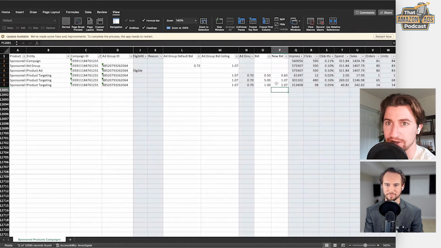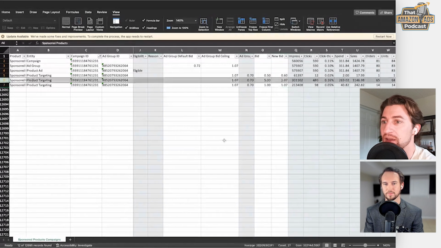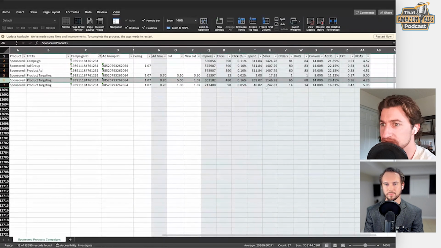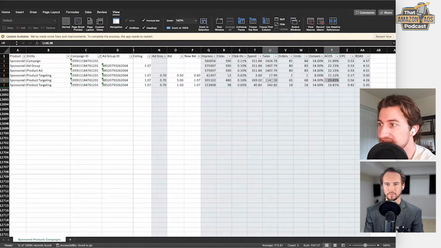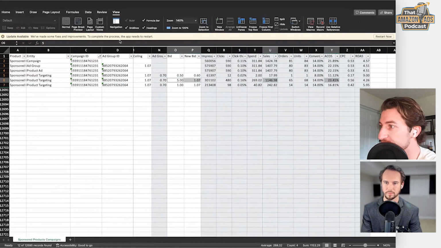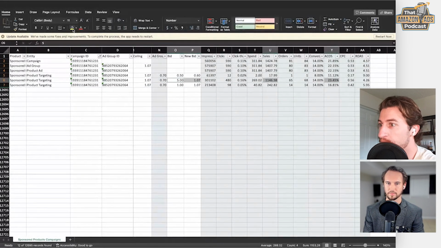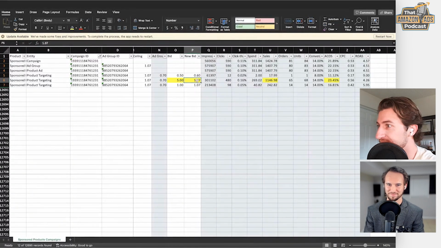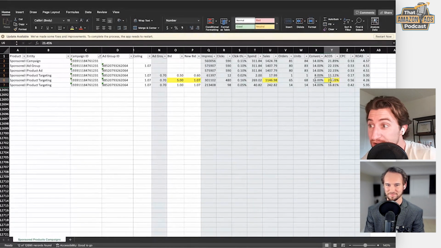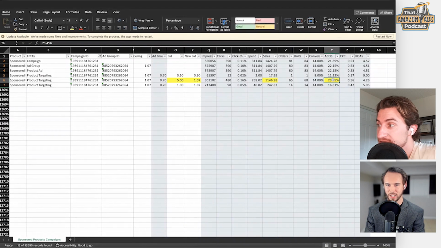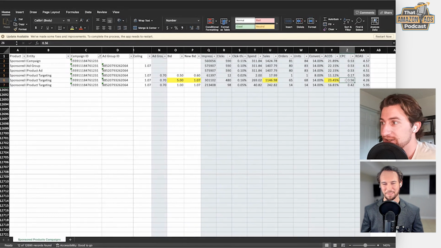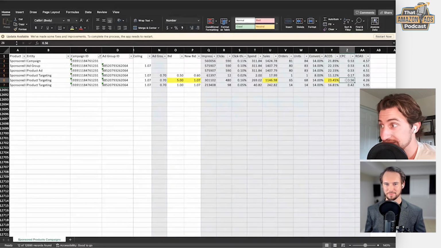I said we were going to be concluding. This is the conclusion, but here's the final ultimate conclusion. People often, when I show them this, will say, look at this keyword. This is driving $1,000 in sales, 23% ACoS. Oh my goodness, why are you reducing my bid? Look at all this. I'm going to highlight all in yellow. Why are you killing this bid? You're dropping it by 80%. It's driving so many sales. I'm going to lose placement. The ACoS is so good. I'm going to lose visibility. All this kind of stuff. And it's like, dude, your bid is still above your CPC.